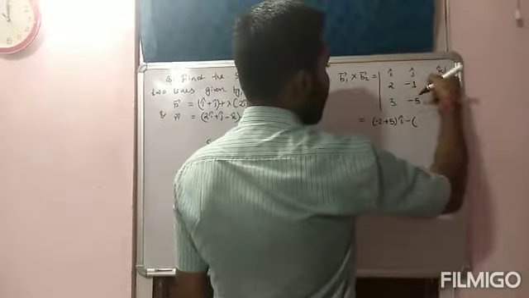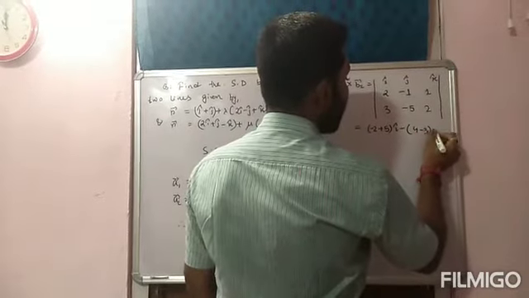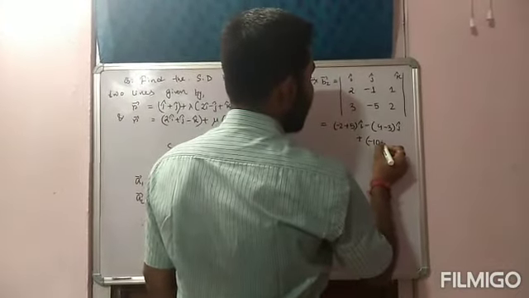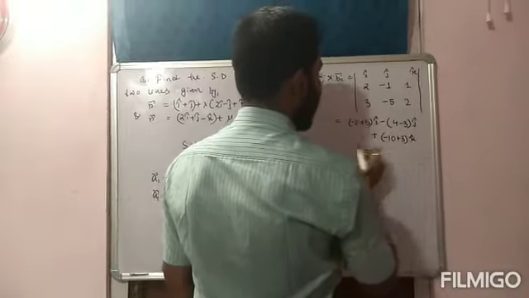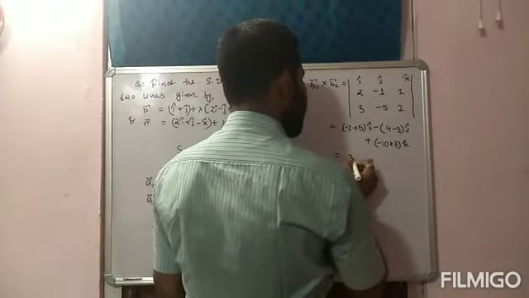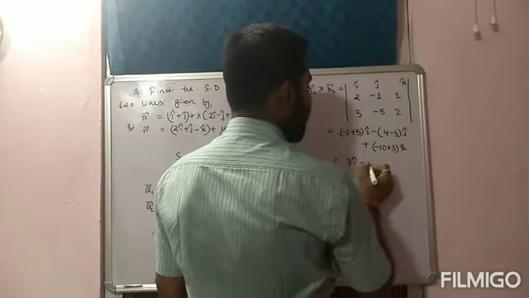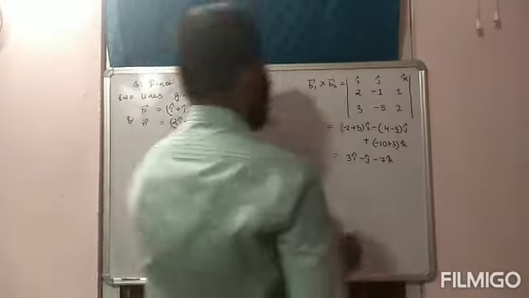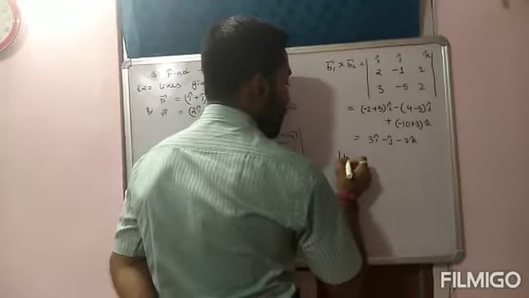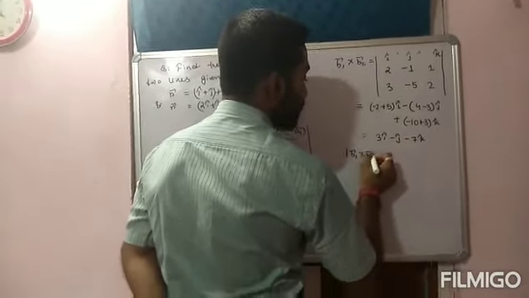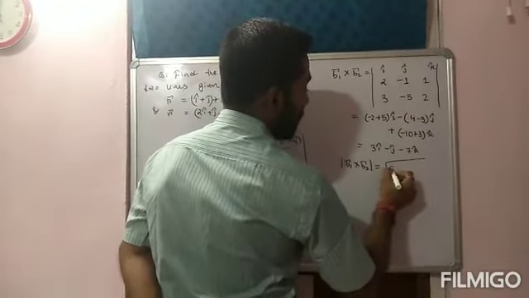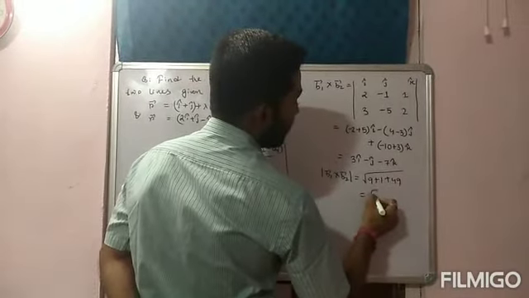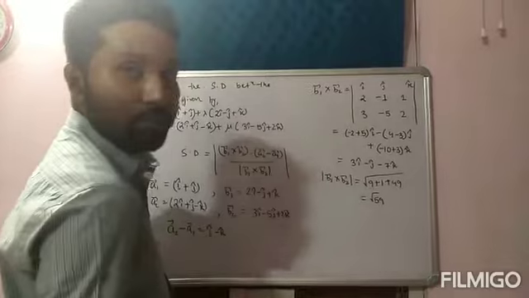minus, now delete the position of j cap, 4 minus 3 j cap plus, now delete the position of k cap, minus 10 plus 3 k cap. So 5 minus 2, that is 3i cap minus j cap minus 7 k cap. So ये हो गया b1 cross b2 का वैल्यू. Now find modulus of b1 cross b2, that means the magnitude, under root 9 plus 1 plus 49, that is root under 59. This is the value of magnitude of b1 cross b2.